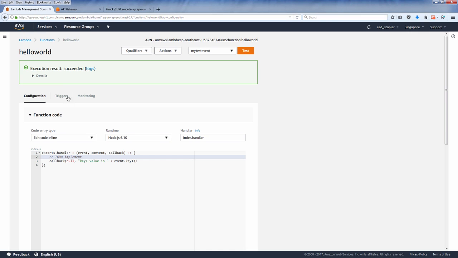This is because in our Lambda function, we display the key1 value on the event object. But since we didn't pass any query string or data, it will display as undefined. So in the next video, I'm going to show you how to pass the data on API